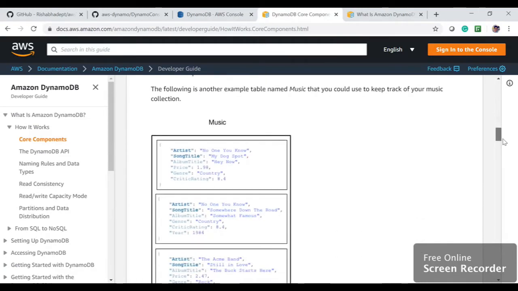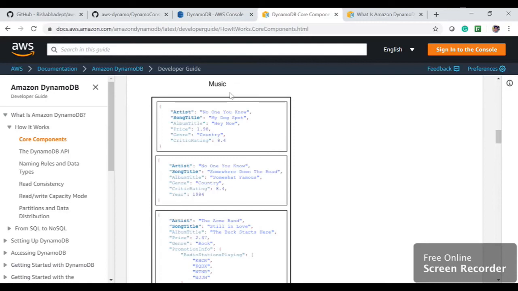However, let's say we have a different case. We have a music table. In this music table, we have artist and song title, and we always want to partition data based on the artist and sort data based on the song title. Here, artist is the partition key and song title is the sort key. Combining both, they create a composite key which can act as a primary key to search any song. Because an artist can have multiple songs and a song title is not unique, because the same song title can belong to different artists. So we can use partition and sort key both together as a unique key to find out a song.